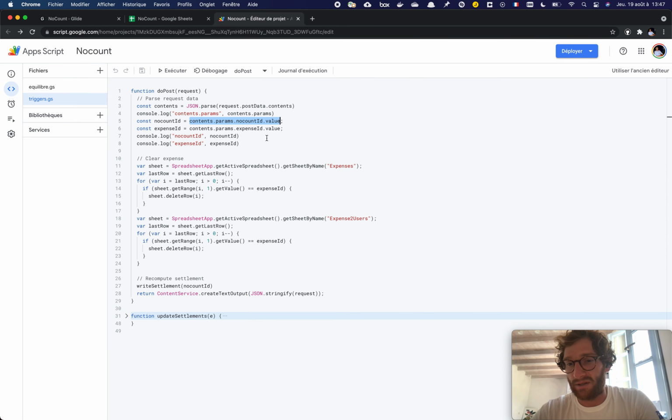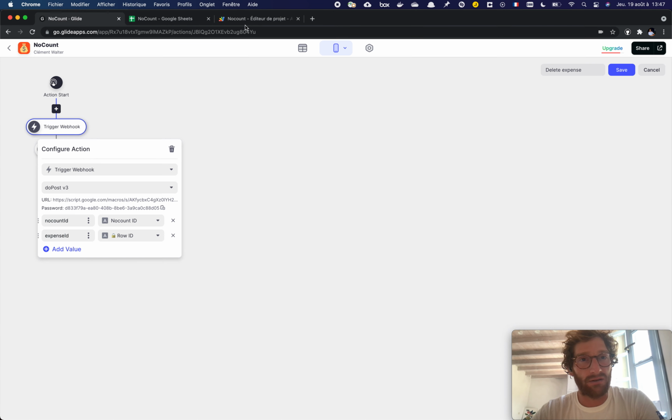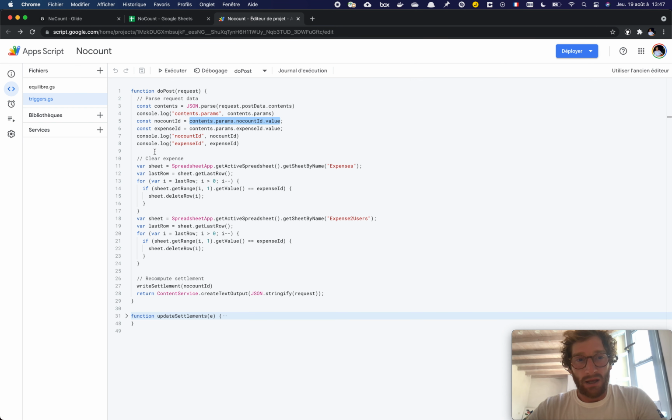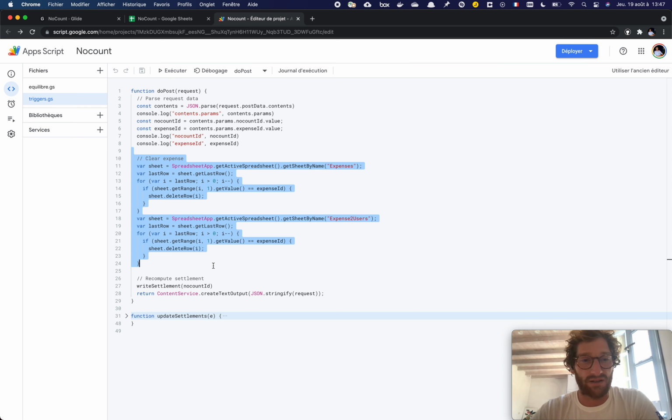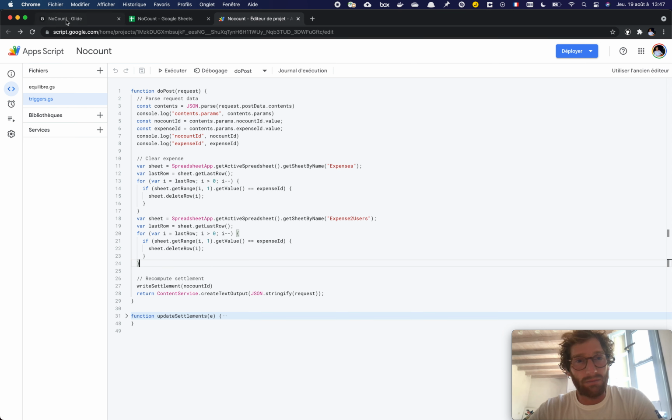So basically, when I'm here with this trigger, I can now do whatever I want, scripting with Google Script, which is somehow JavaScript, whatever I want on the sheet. And this action has been triggered by the user using the Glide application. I'm not going to go into detail on how to write scripts that perform actions on spreadsheets, but I'm going to show you just how to deploy your application so that this works eventually.